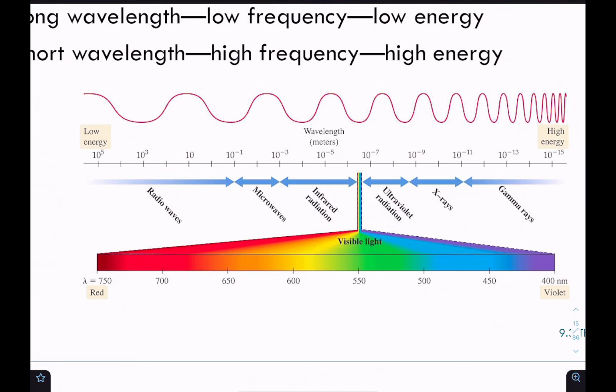So what you need to know from this is the relative positions, the relative energies of each of these types of light. So radio waves being the lowest energy, gamma rays being the highest energy, and then how everything sorts out in between. But it's like the phone is lower energy unless it's plugged into the wall with the charger, you got more